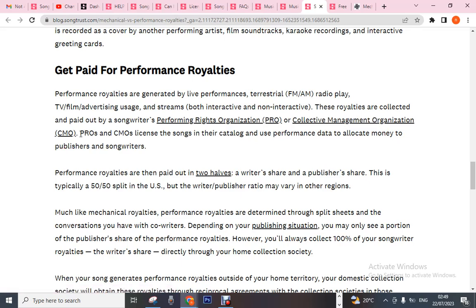PROs and CMOs license the songs in their catalog and use performance data to allocate money to publishers and songwriters. Performance royalties are then paid out in two halves, a writer's share and a publisher's share. These are typically a 50/50 split in the US, but the songwriter or publisher ratio may vary in other regions. Okay, so that is why I was telling you that most of the different countries have their own copyright rules,